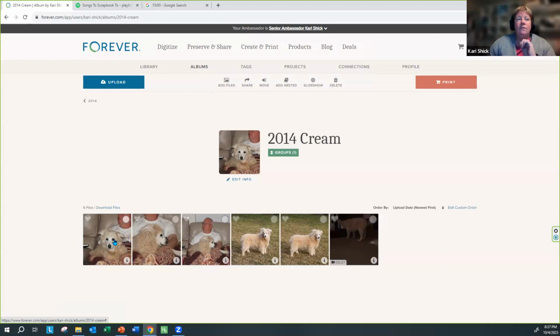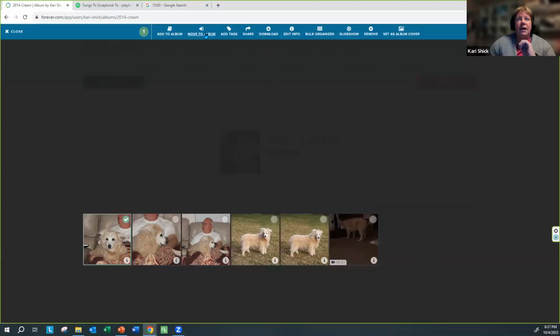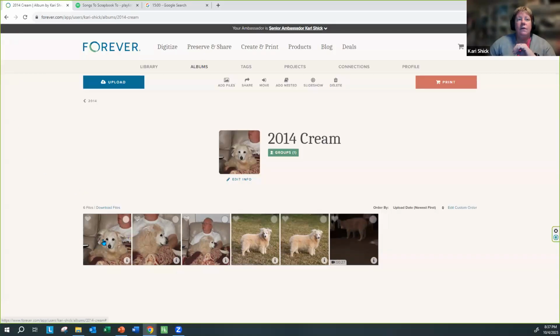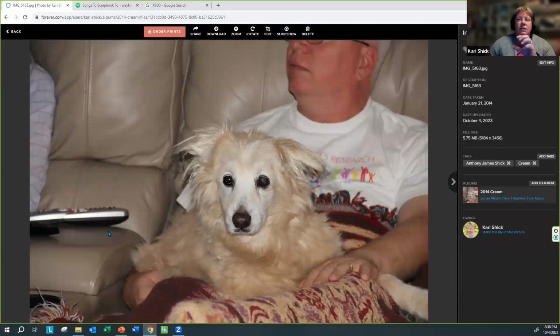If you're doing them more individually, when you select one photo, you can still do that. You've got add tags at the top. Sometimes if you have a photo that has a lot of people in it and you want to tag all the people, it's really hard to see everybody who's in the photo. So you would open the photo up, go into what we call the light box, and then